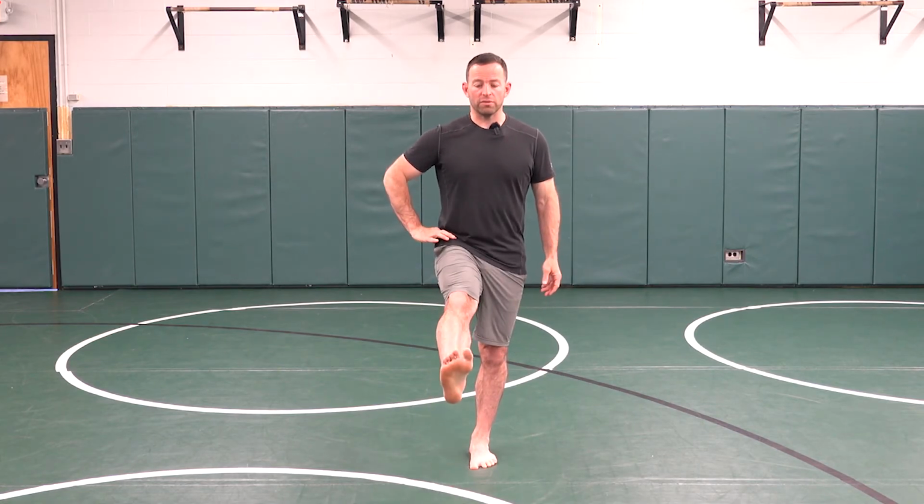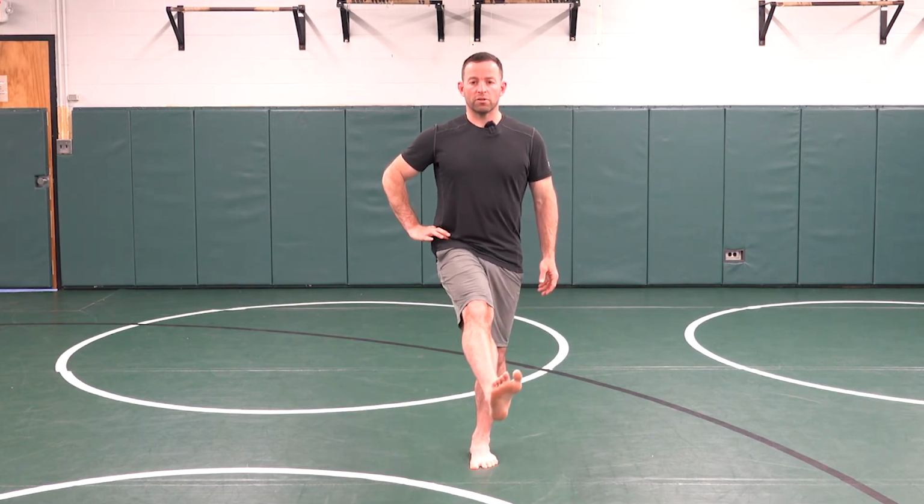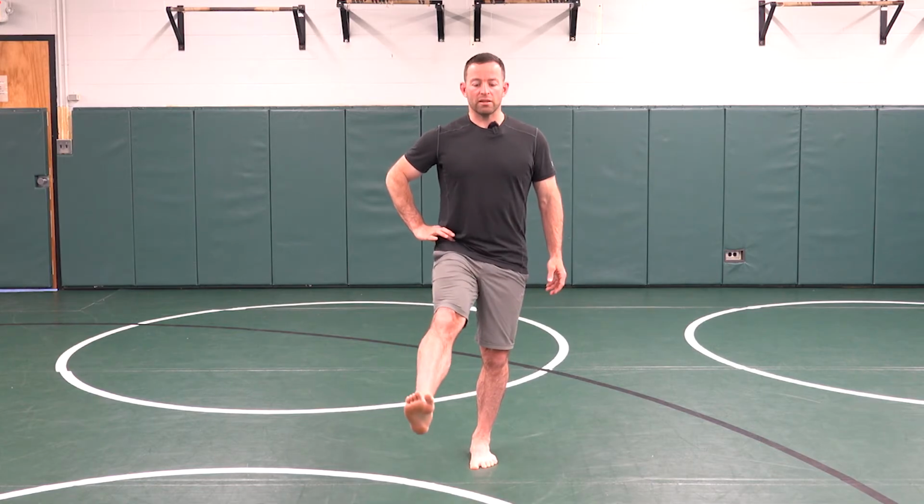And so what I would like you to do is make the active component of the drill quite challenging, meaning the top of that circle is going to be where it's the most challenging, because you have to really contract your muscles, in this case your hip flexors, to achieve the top of that circle. And if possible, if you're able to do that without pain, I want you to work really hard to try to get that top of the circle to work at your end range of motion. So once again, you're going to flex, and now I'm working really hard from the hip to create that smooth,